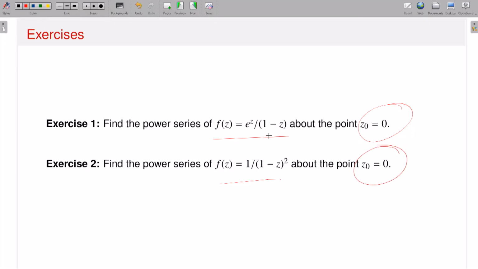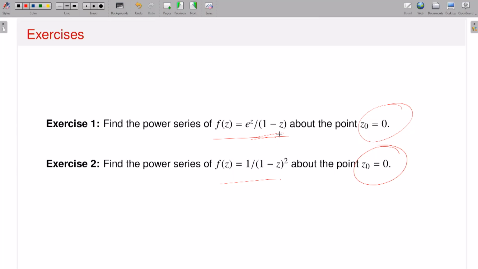So you see what kind of function it is. This is e to the power z divided by 1 minus z. Now it will have a singularity at the point z equal to 1, because once the function's value crosses 1, then the denominator will give a singularity. So you can easily guess it will have a power series expansion around the point z0 equal